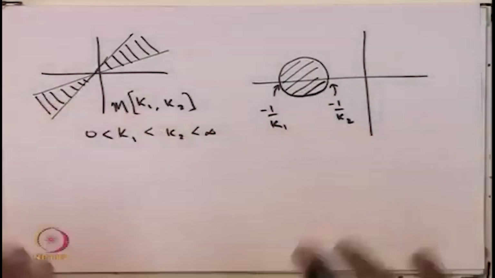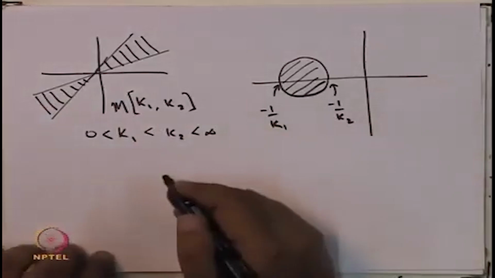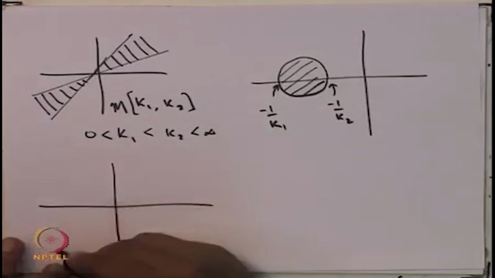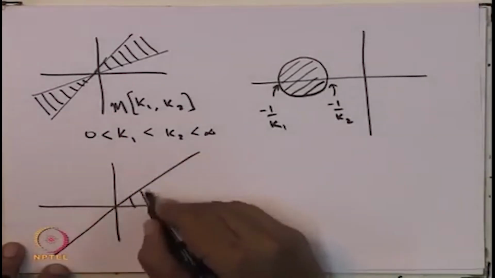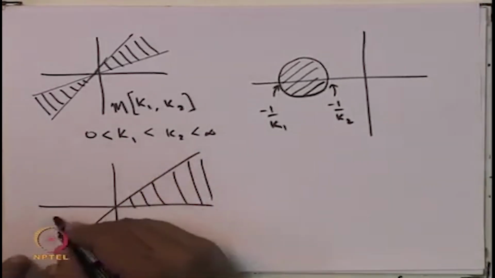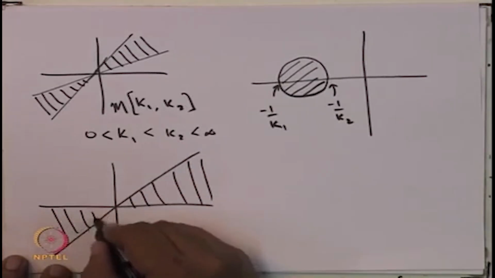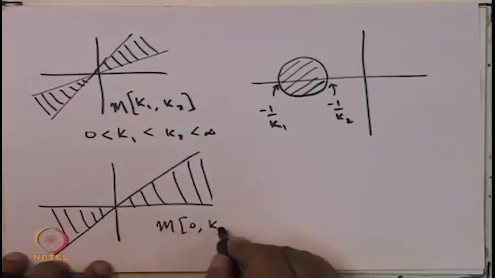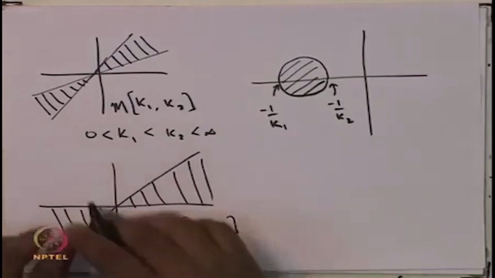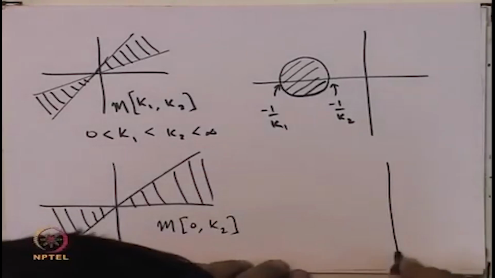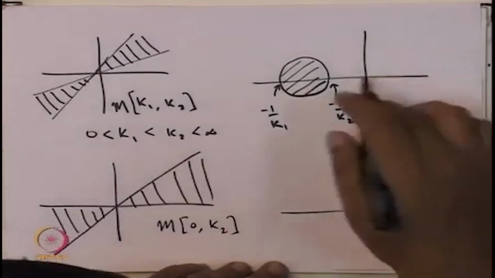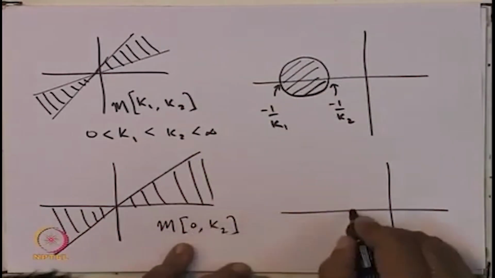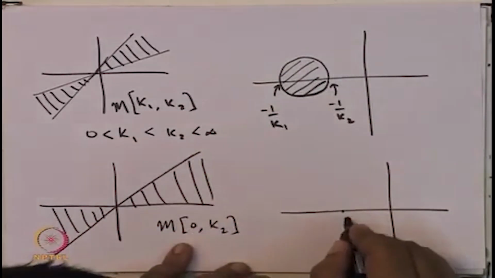Okay. This is what we first showed. Now, if the nonlinearity is expanded such that the nonlinearity is in this sector like this. Okay. So, the nonlinearity now is in the 0 k2 sector, then what this translates to here. So, here you have this outside is the good part. Now, here what you will have is that minus 1 by